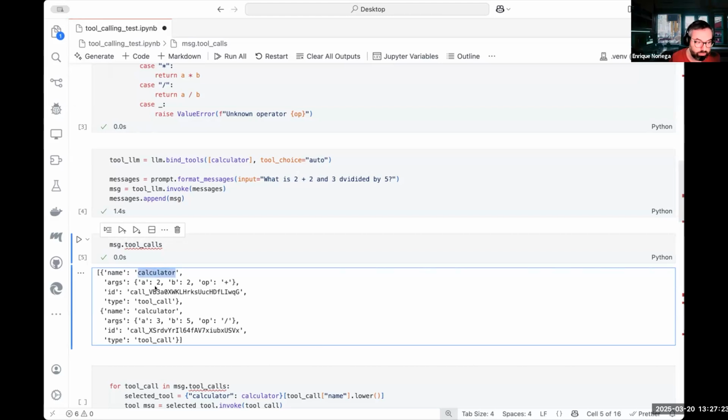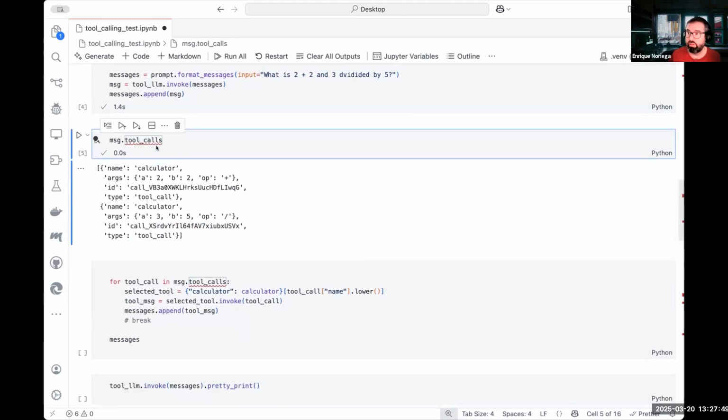Because we're calling the same function, the same tool, twice with different arguments, we want to be able to tell the LLM back, when I run this invocation of the tool with this ID, this is the result that corresponds to that ID. So this is just a way to match together the input to the output. So far,